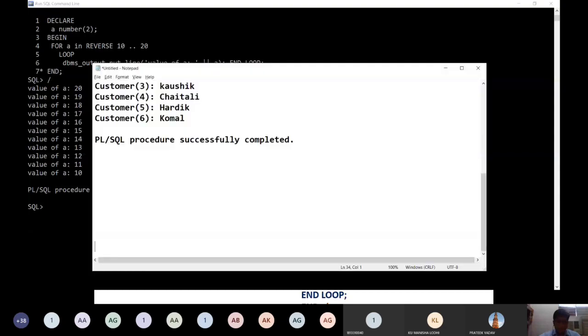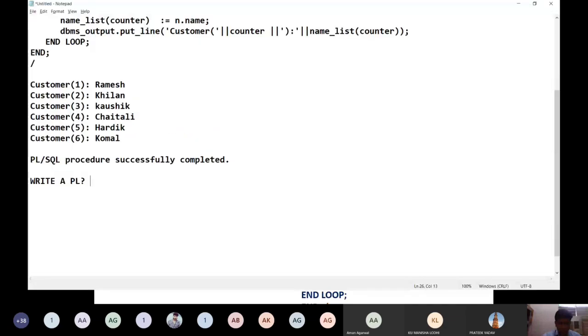Write a PL/SQL program to print factorial of a given number. Take a small given number. Let's go, everyone make it.